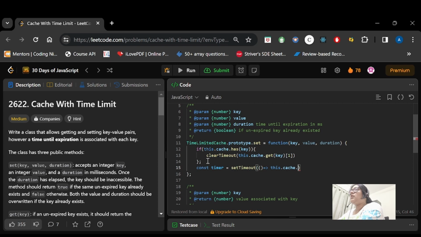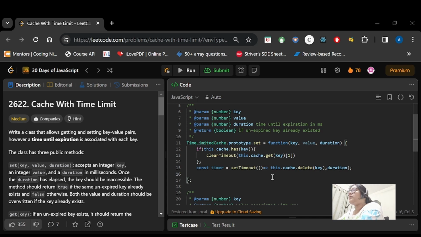This will delete the key with its values after the given duration of time. Now this timer we will set in the map with the value and key.